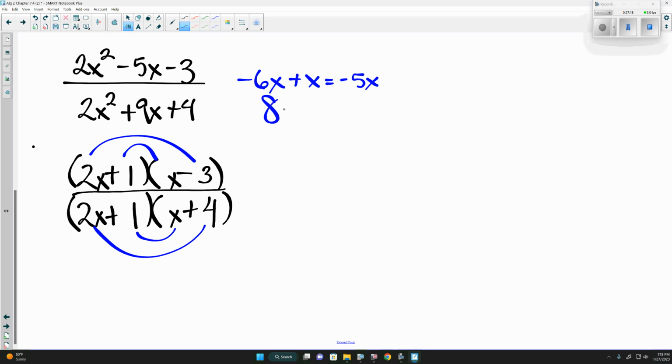2x times 4 is 8x. 1 times x is going to be plus x. And 8x plus x is positive 9x. That is our middle term, yes? So 2x plus 1 and 2x plus 1 will cancel, leaving us with